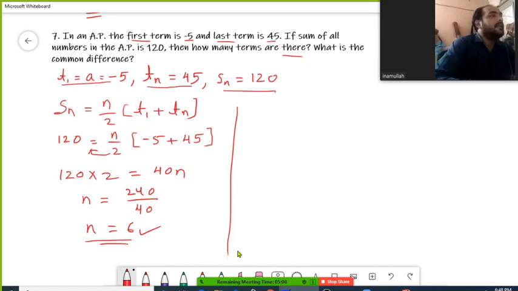Then the second part of the question says find the common difference. Common difference means d we need to calculate. If n is 6, a is minus 5, tn is 45. So we have the first term, right? This way we can calculate n also. So in the same expression, if you substitute the value of